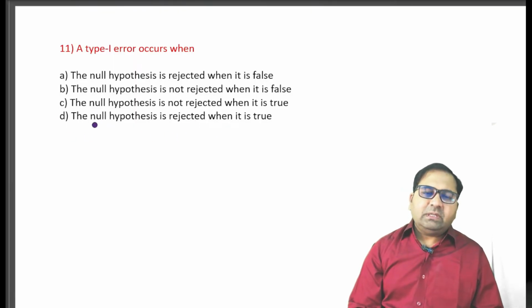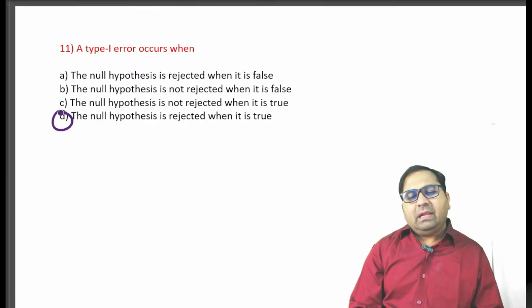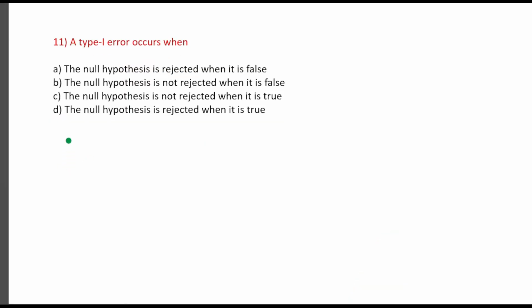So the answer for this question is D. The null hypothesis is rejected when it is true. So, true rejection. Now see how we come to the answer. Whenever this question arrives, like a type 1 error or a type 2 error, I told you that you should